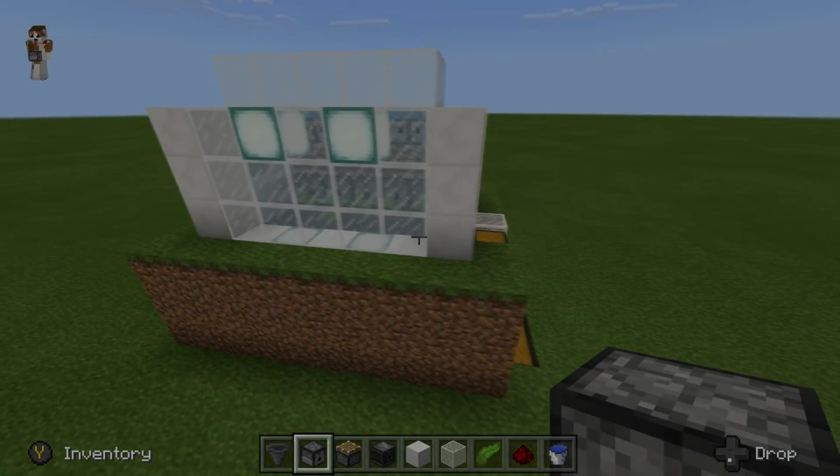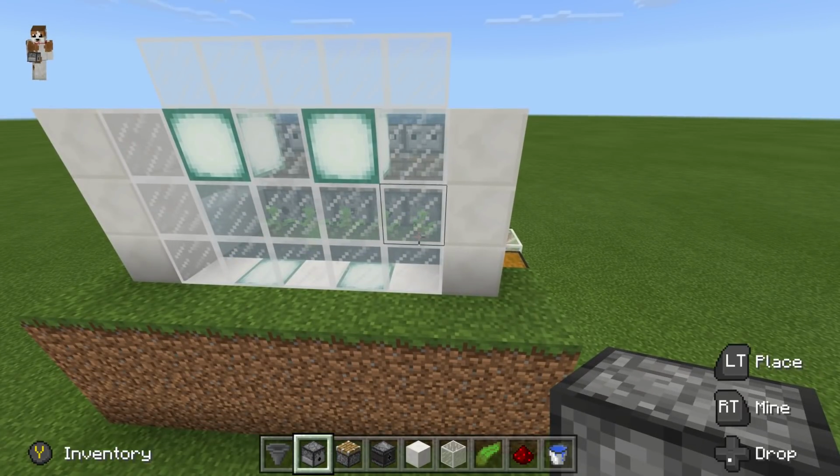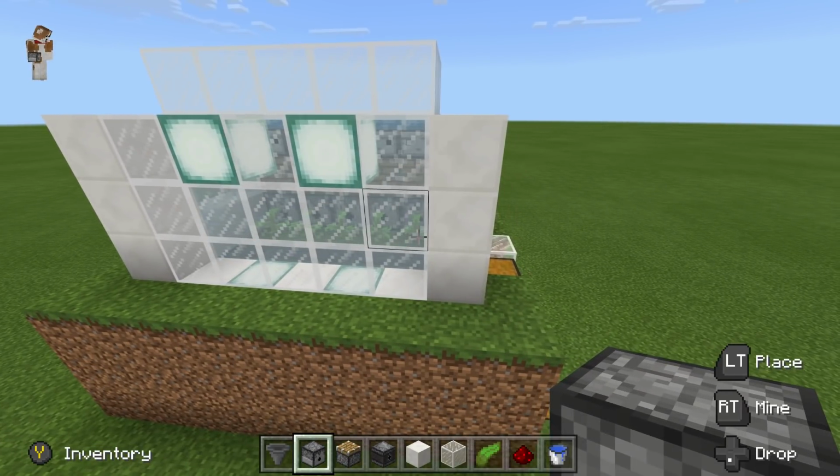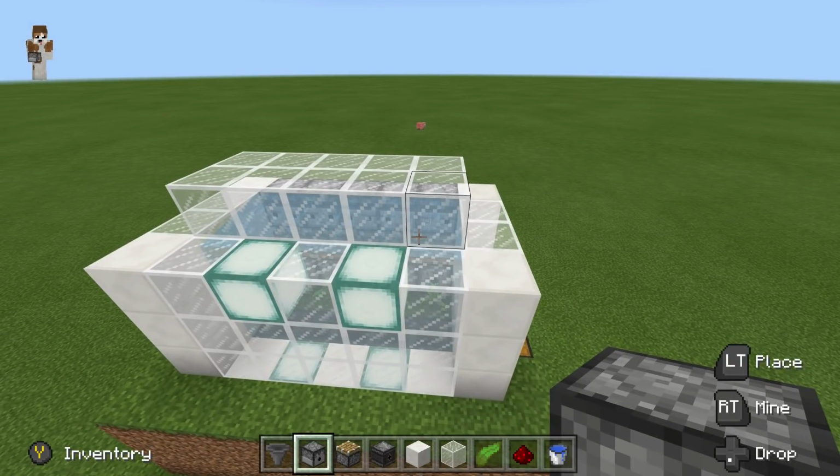Okay, so here we go. I'm going to be showing you a tutorial on how to make an automatic kelp farm for 1.6, which is part of the updated Aquatic. What happened is when they brought out 1.6, which brought in the phantoms,